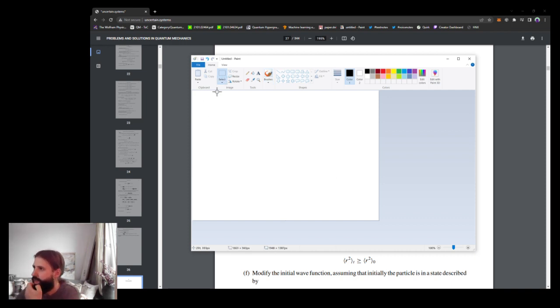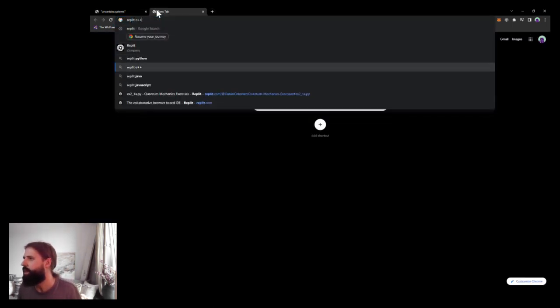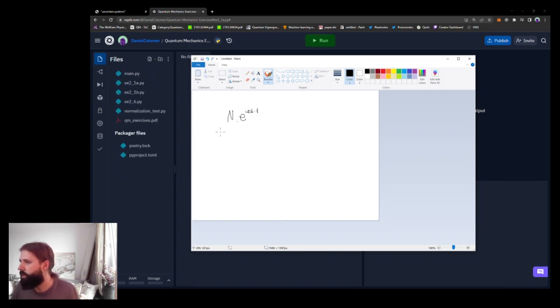So we'll try to do this with a mouse. So we have n, and then we have e to the power of minus alpha r, right? What we're trying to do is take that multiplied by the conjugate, and maybe we should actually use this as well. I think if we square this, because that's what we're trying to do,